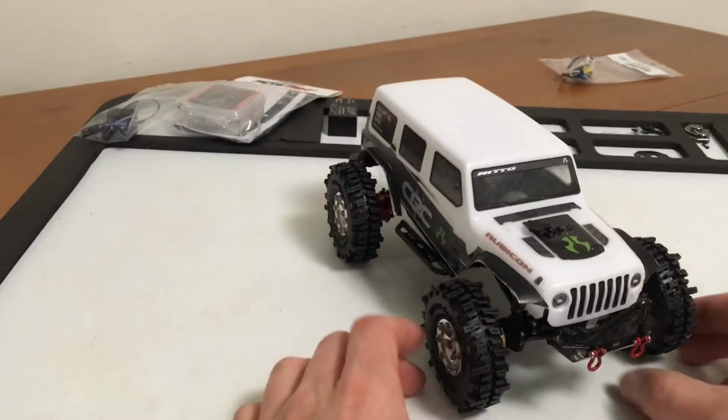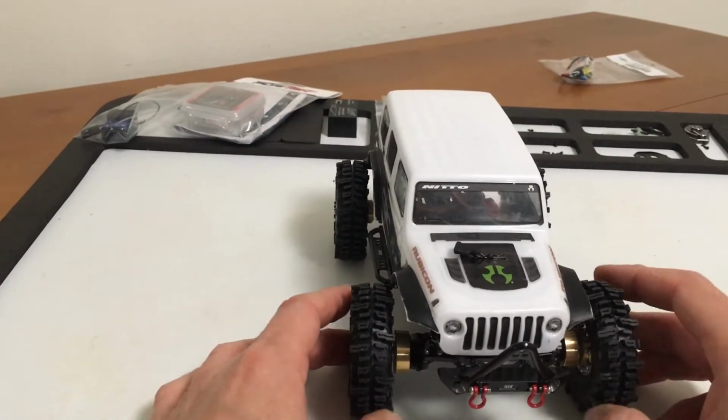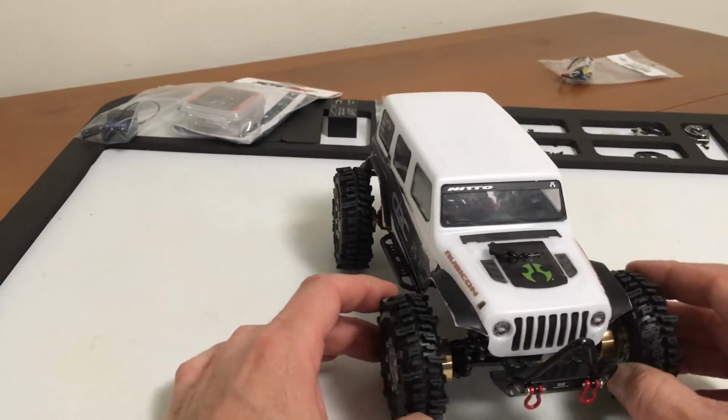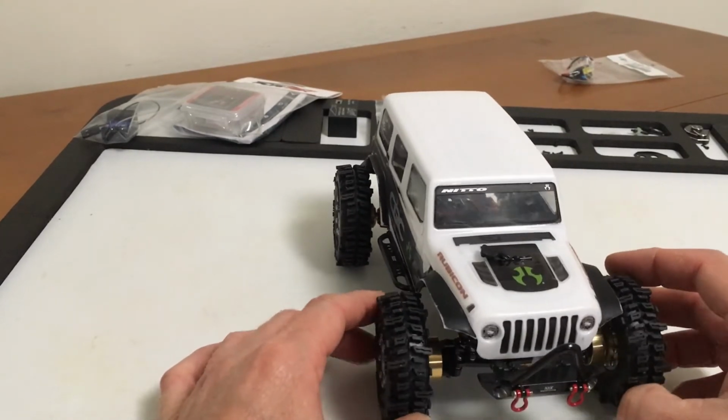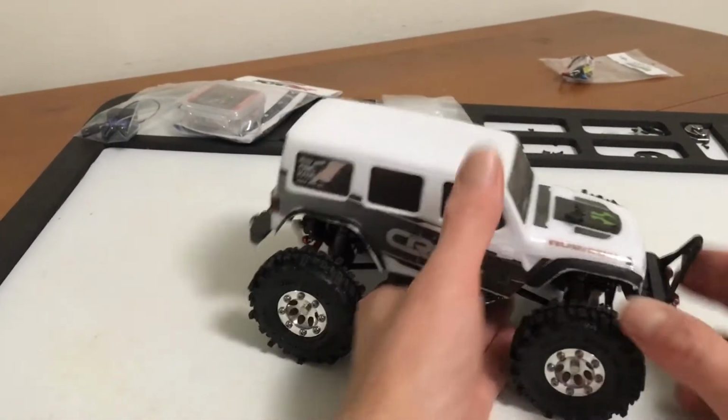Otherwise, I may be looking at a different set of tires on here. I think part of the reason is it's so wide track that when you turn, you get into the fenders. You're not tucked in at all. I mean, it's a combination of several things causing the issues, but